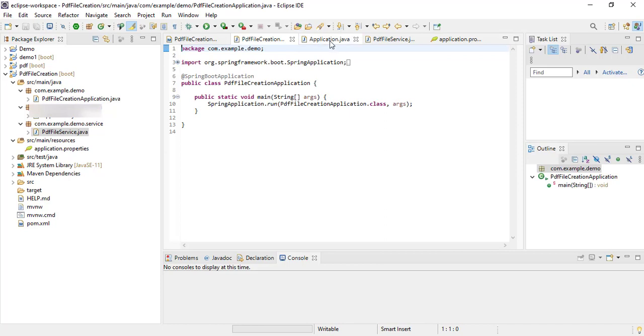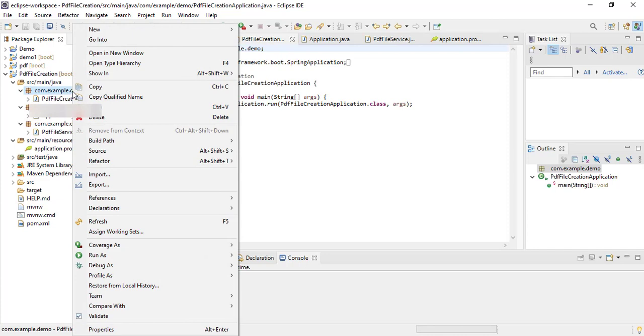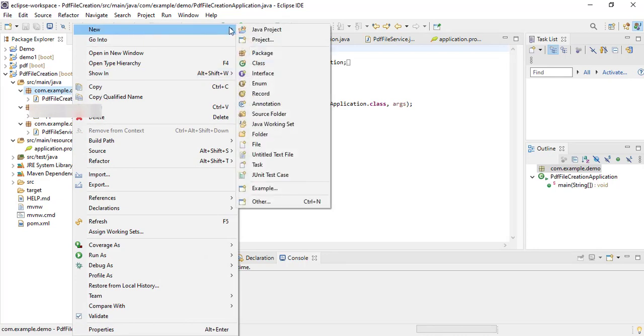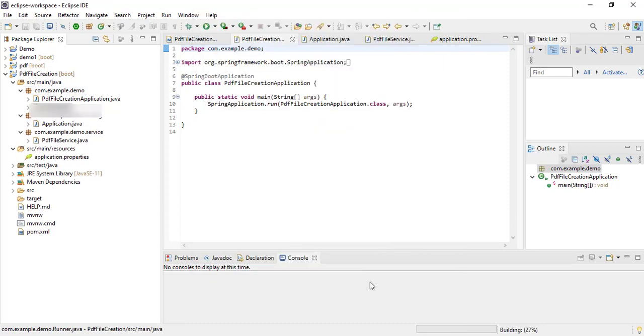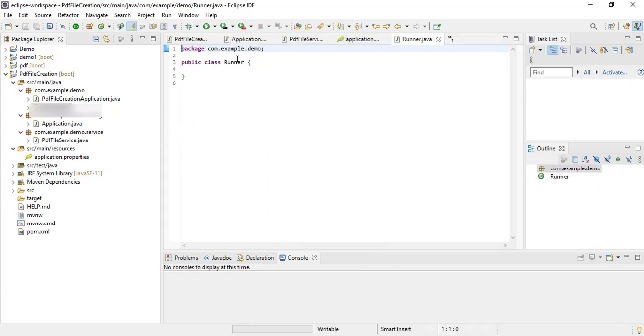And then inside this com.example.demo package, you need to create another class by the name Runner. Then click on Finish. This class needs to implement the ApplicationRunner.